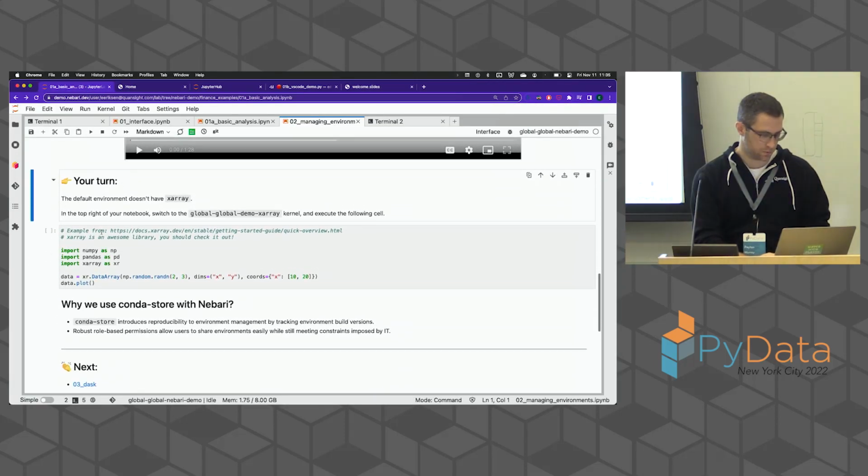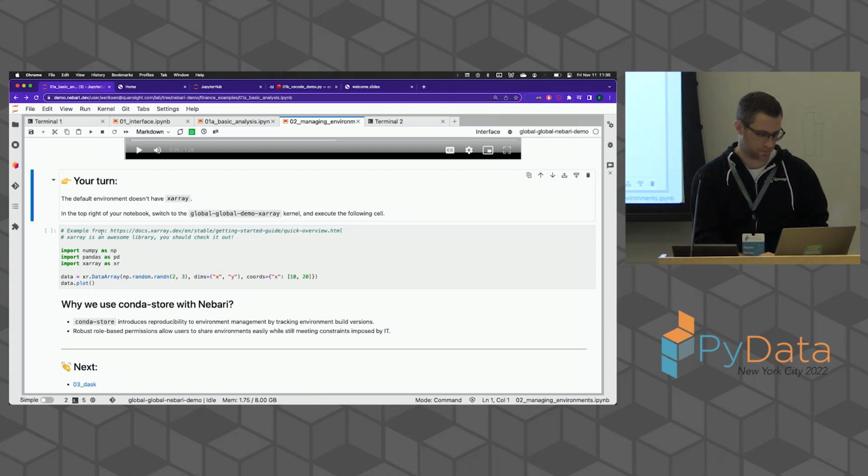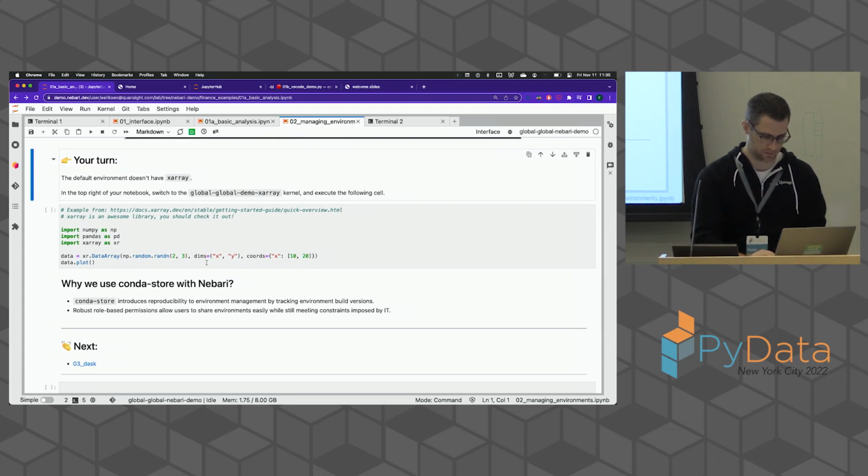So going back to the notebook, I'm going to make this a little bit bigger again. Maybe do Command plus, Command Shift plus. I don't know. Anyway,